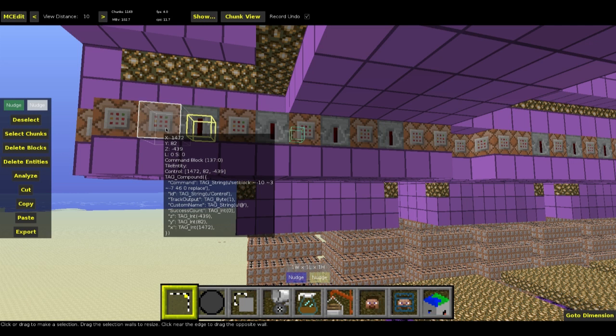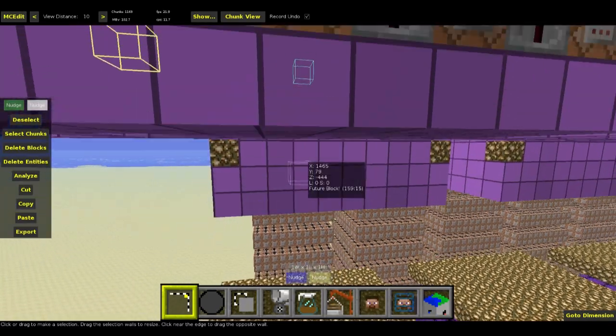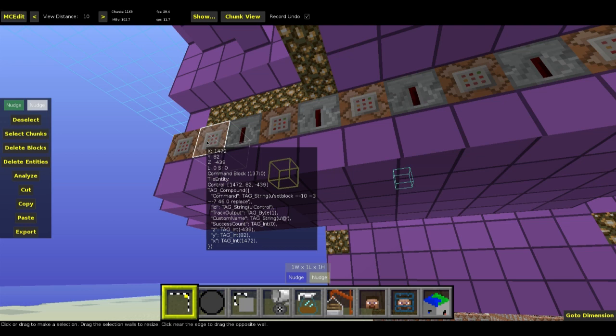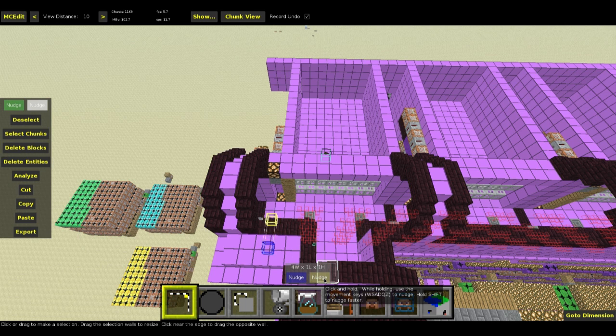So this is the command block that sets the TNT, and it sets it -10 in the X direction, 3 up in the Y direction, and -7 in the Z direction. So let me just do a quick, okay, the Z direction is the right, and then the -X is the way I'm facing. So basically, -10, -7. So if I go 1, 2, 3, 4, 5, 6, 7, 8, 9, 10, 1, 2, 3 up,